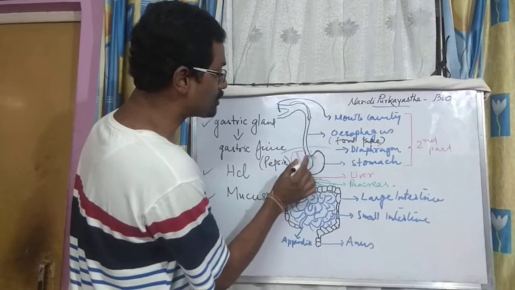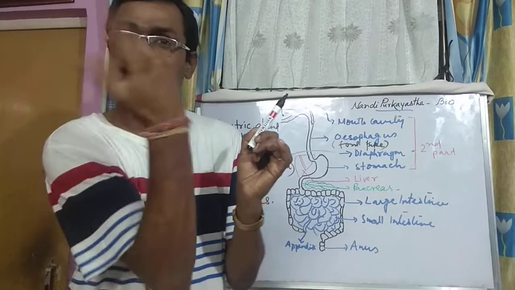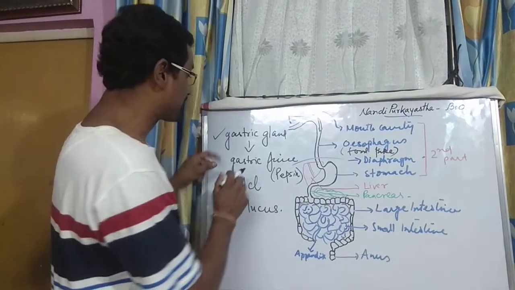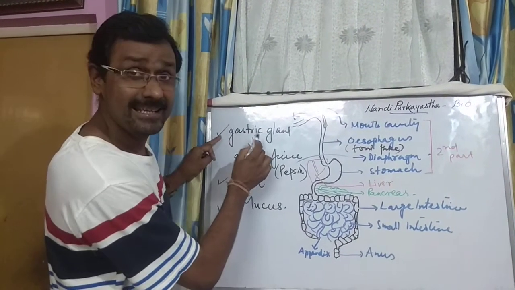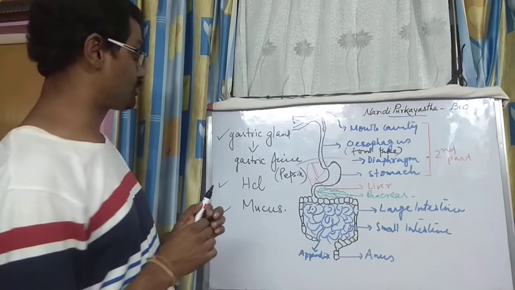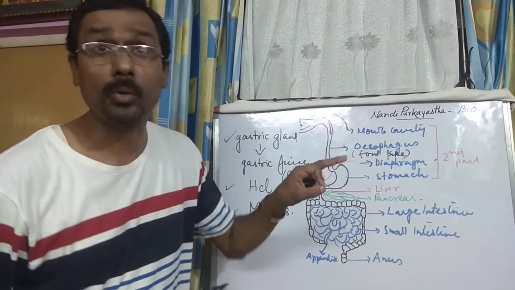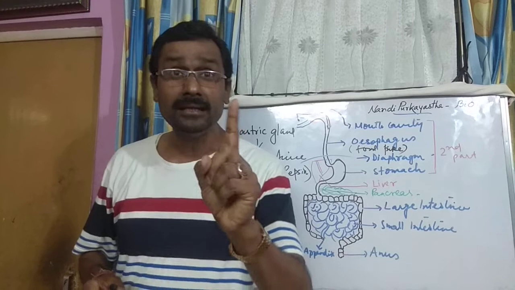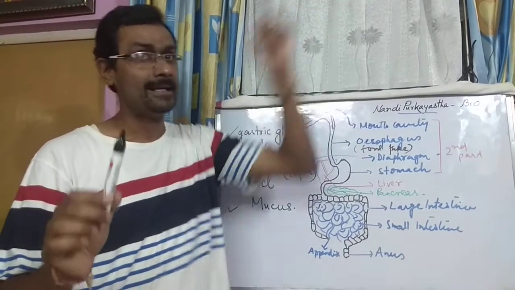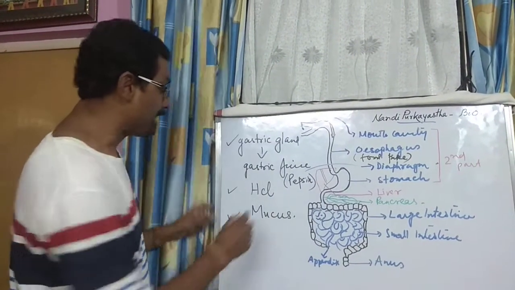What happens in the stomach? The first thing that happens in the stomach, keep in mind, is a movement which takes place, and the stomach crunches the food material. Next, it has gastric glands. Gastric glands, students, secrete what? Gastric juice. And gastric juice has pepsin, which helps in breaking down the protein. Now we're coming to what? Protein. Carbohydrate is partially digested in the mouth, not completed. Now digestion of what started? Digestion of protein.